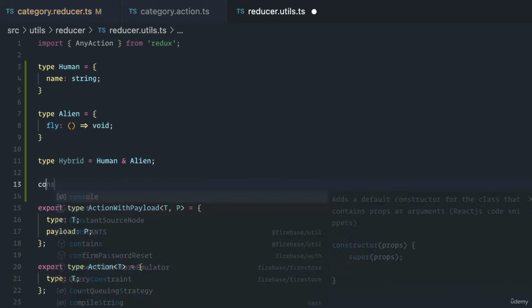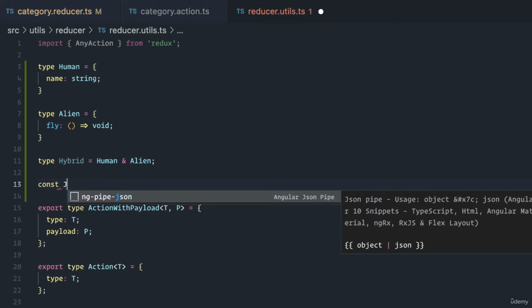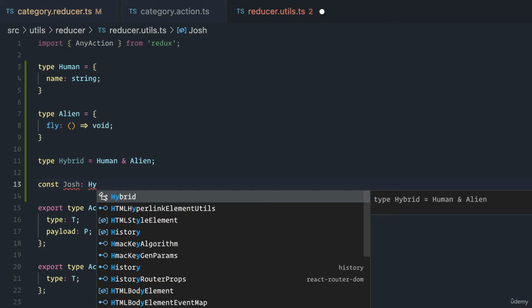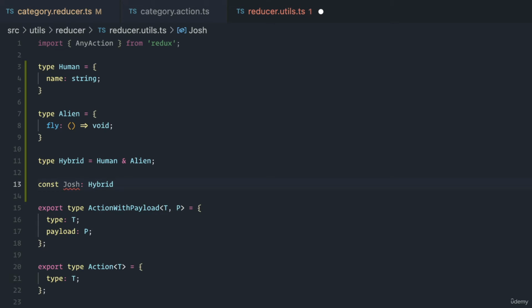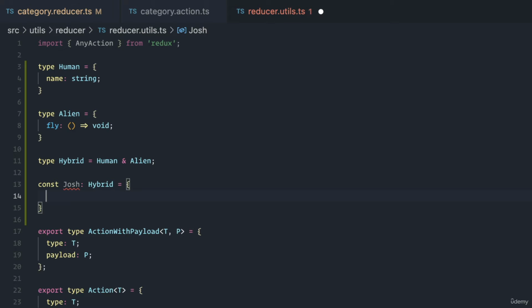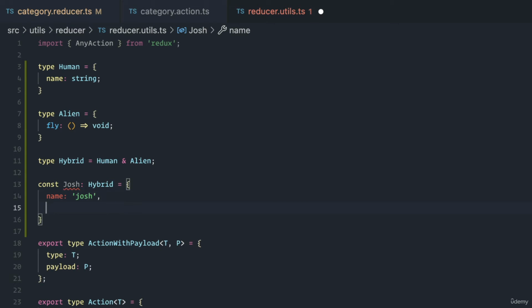What this allows us to do is set some variable, let's say Josh, and it can be of that type hybrid. And now what you'll notice is that the value of Josh can have both the name as well as the fly method. This is possible because this hybrid type will have all of the properties and their respective types of both human